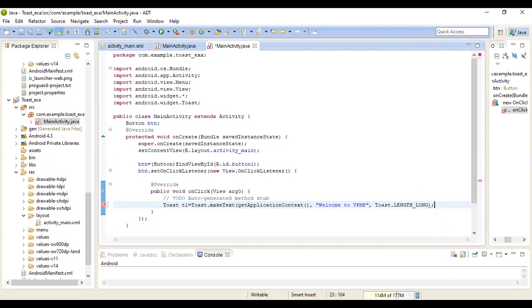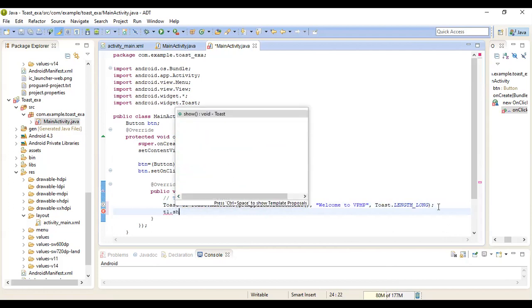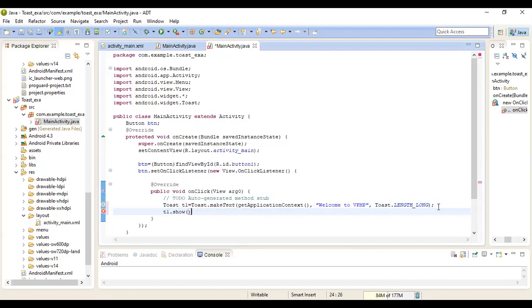After that, put the semicolon. For displaying the toast message on the screen, we need to add one method, the show method. So object name dot show method. Put the semicolon after that.